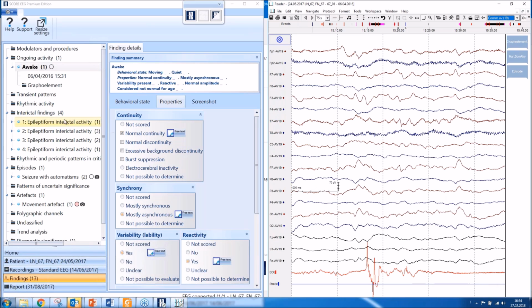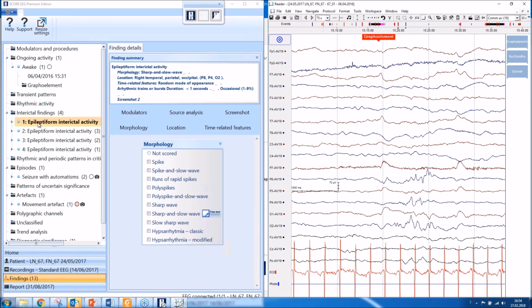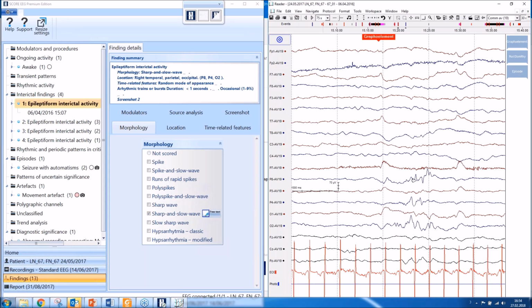And I can now have a look at what are the examples of the activity that the tutor has now described. I click now, I see that he has described 4 types of epileptiform activity with different locations. I hover over it, I can see the location of this finding. And when I double click it, you can see here this finding, which was the